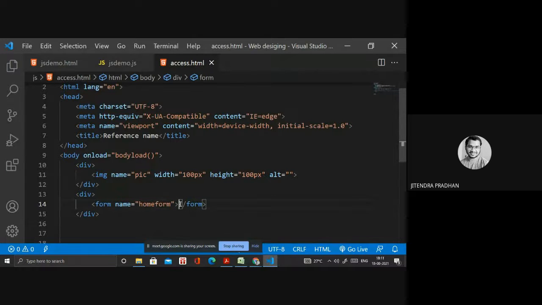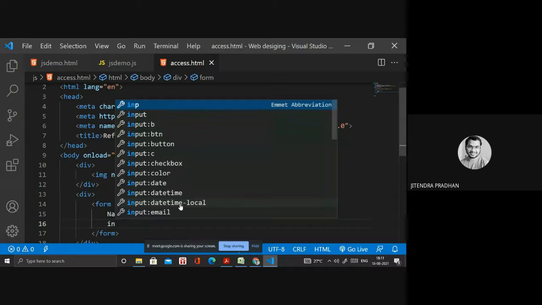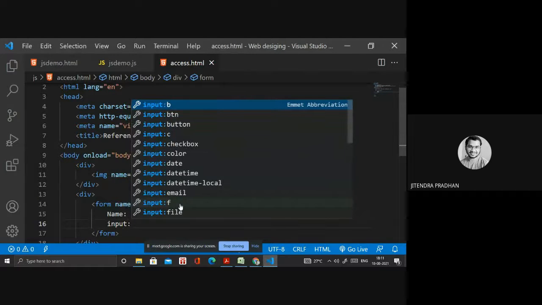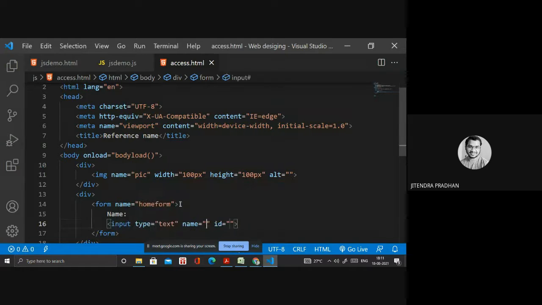Next, inside that, a label. Inside that I have to write an input box, input, and text. Okay. So I will give the name for the particular reference. For reference, I will give the name txt name. Any name you can write inside that, whatever you need.